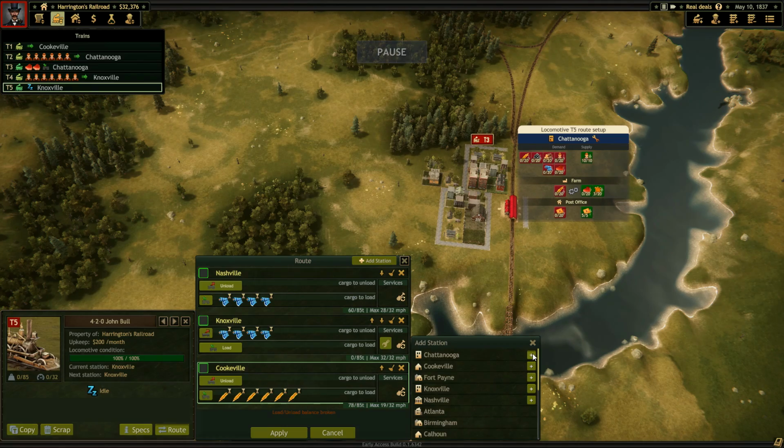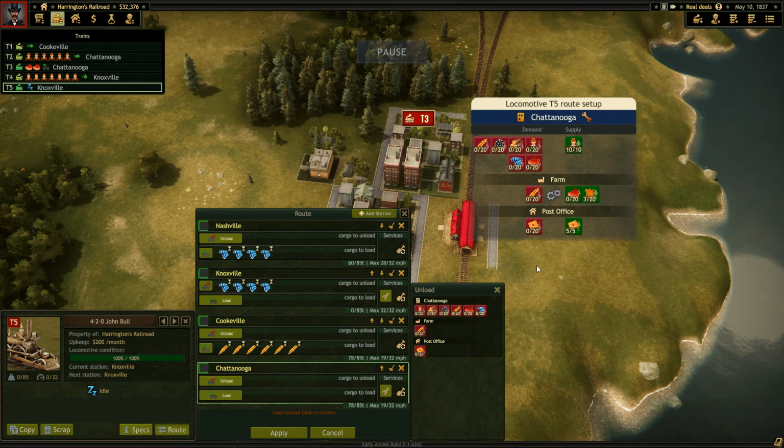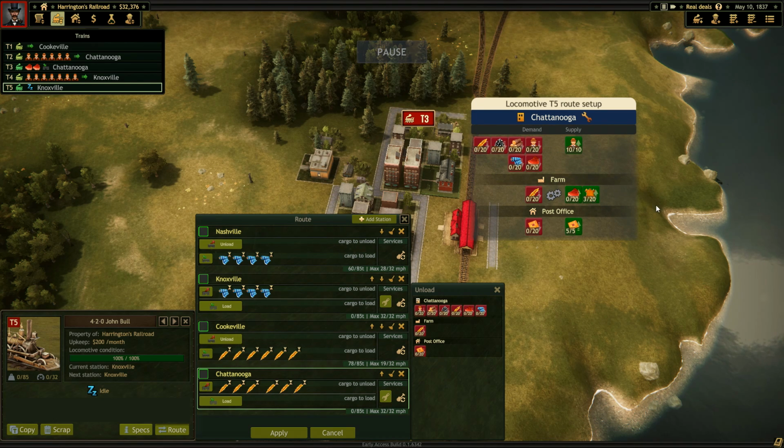So this is going to be a complicated route right here. Then you can unload the grain right there. Now, the farm seems to be constantly needing grain, so you kind of may as well just deliver it all to the farm, to be honest. And then, while you're here, grab yourself a big old pile of...